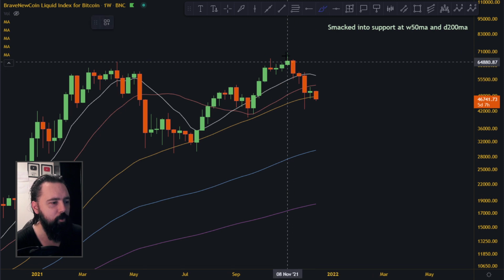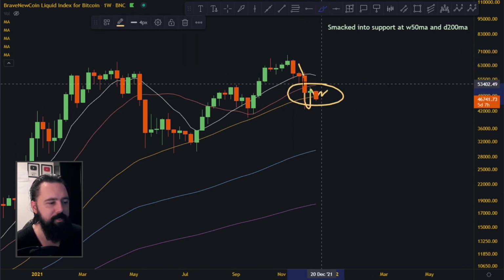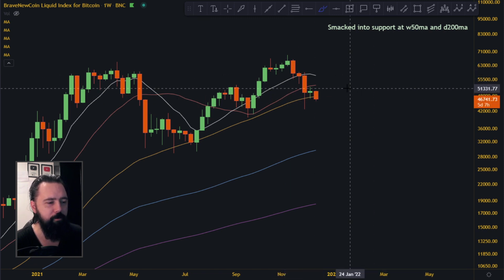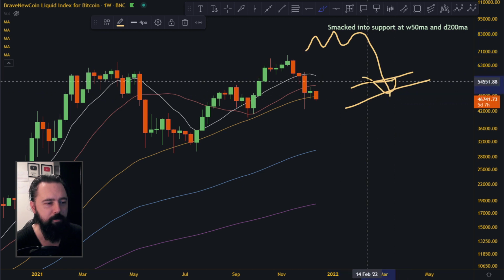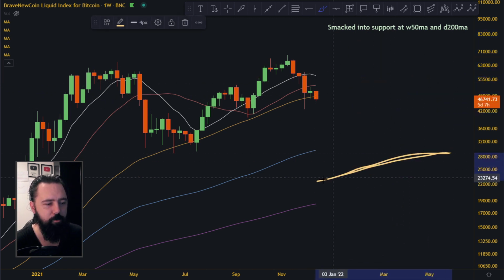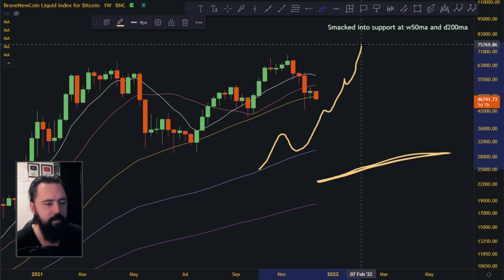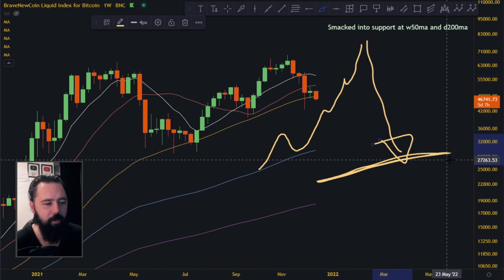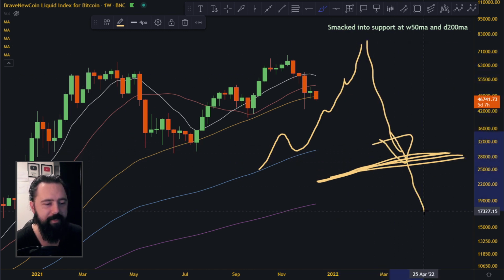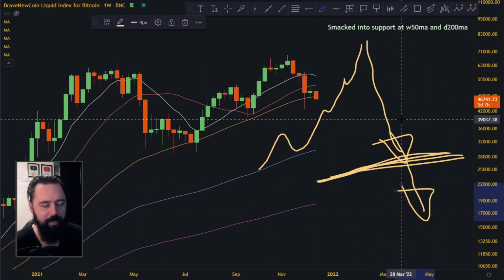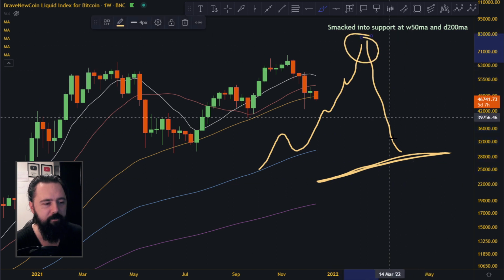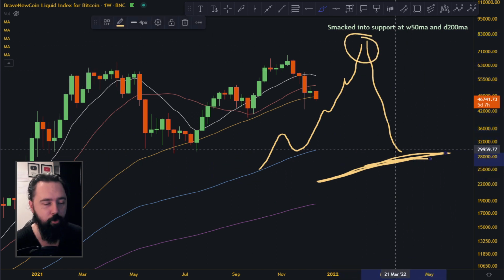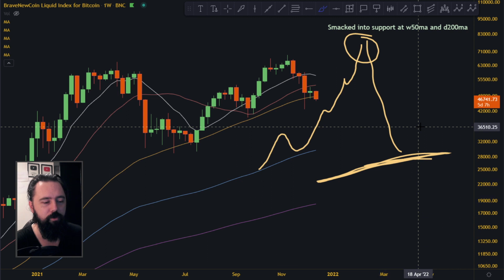So what we are trying to do right now is find some kind of stabilization of the price around this 50 moving average. You never go big moves and then go into some kind of support level, and this is some kind of support level down here, and you never go into some kind of big move and then smack down on a very important support level and then break it on the same move. You don't do that. Price never does that. It's really hard for price to go from very high levels above an important support and then just break it on the first move.